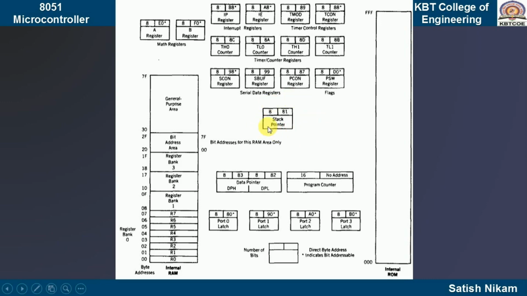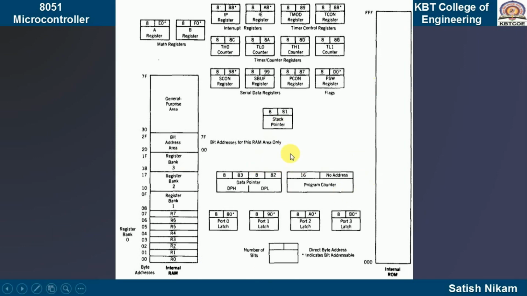Next is my stack pointer. See, when we want to store the data temporarily, we can store it in RAM, but suppose the microcontroller wants to store the data temporarily. So, in that case, there is one particular area that we can decide. By default, it is decided, but we can change that area and my microcontroller can use that area for storing data temporarily. So, that area we call the stack area. To point out that area, we must have some register, and that register is my stack pointer.